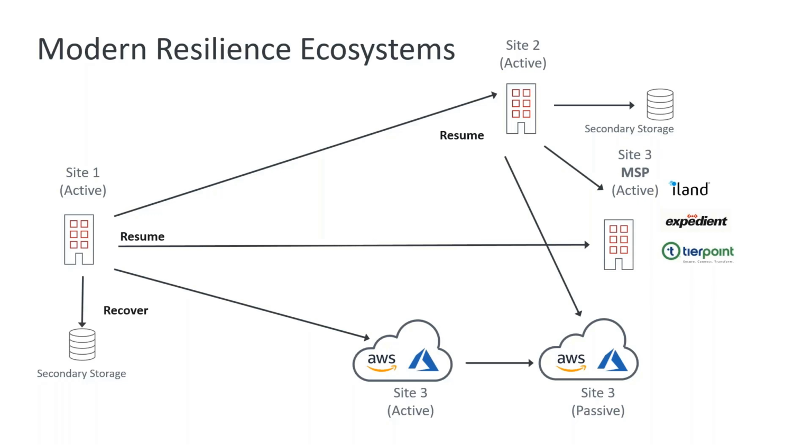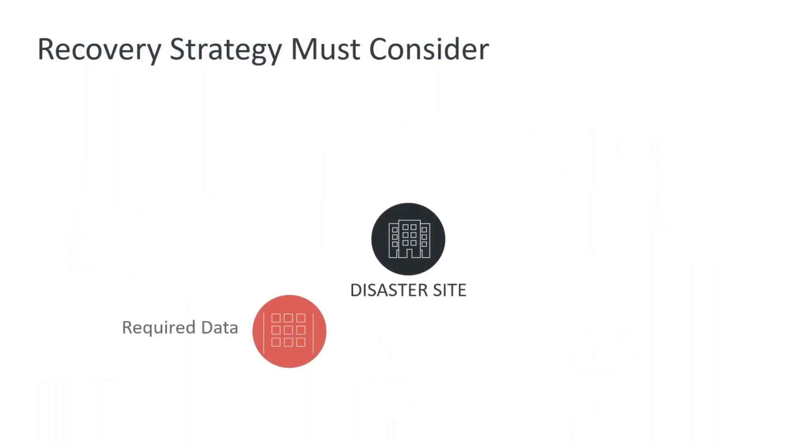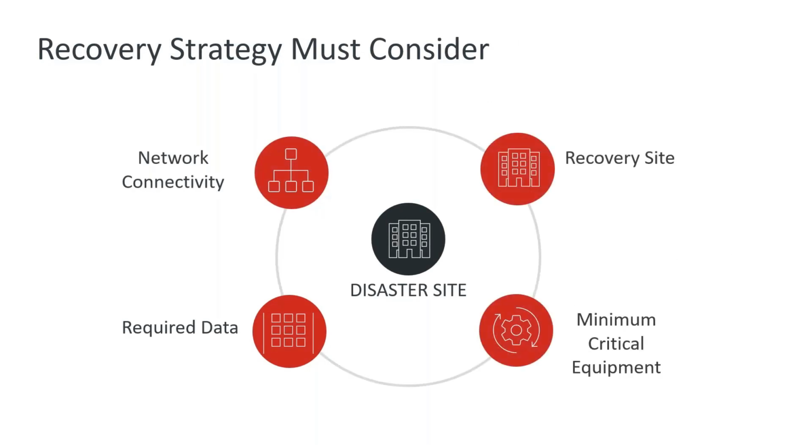And so the next step is, okay, how do you start to look at the options that you have and figure out what your next steps need to be? And this is what I'll refer to more as the recovery strategy. When I think about that strategy, the first thing is, okay, where is my primary site? I talked earlier about the types of risks and the types of events that could take my business down that I want to protect against. And then I think about where do I need to recover to? Is it to a local site?